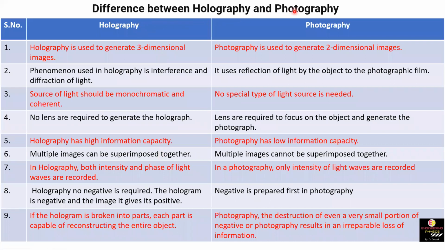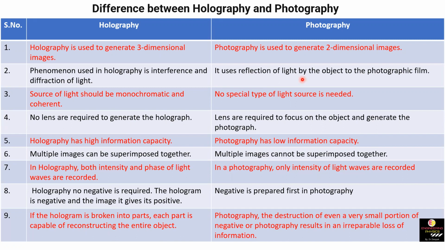Difference between holography and photography. Holography gives a three-dimensional image of the object. In photography, we get a two-dimensional image of the object. Principle in holography: interference in the recording of hologram and diffraction in reconstruction of hologram. And the principle involved in photography: reflection of light by the object